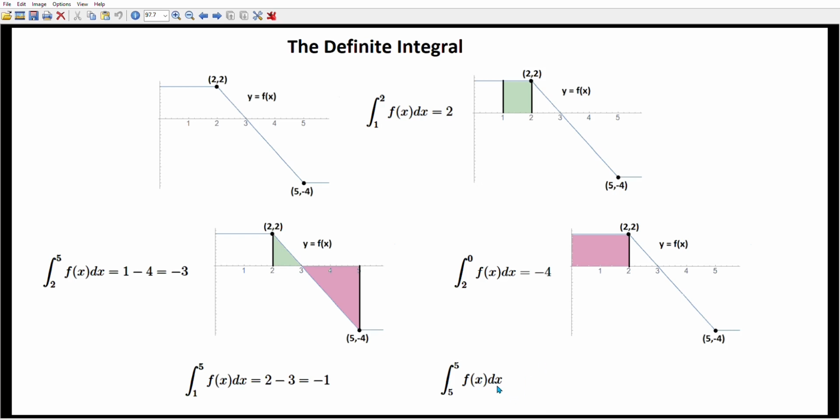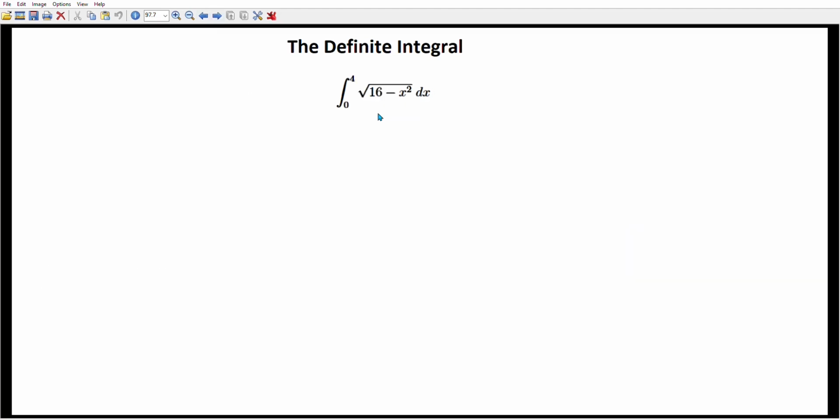Finally, let's talk about the integral from 5 to 5 of f of x dx. And that's the area under the curve between 5 and 5. There is no area. The area is 0. The integral is 0. Thinking about definite integrals as areas under curves allows us to evaluate some fairly complicated looking